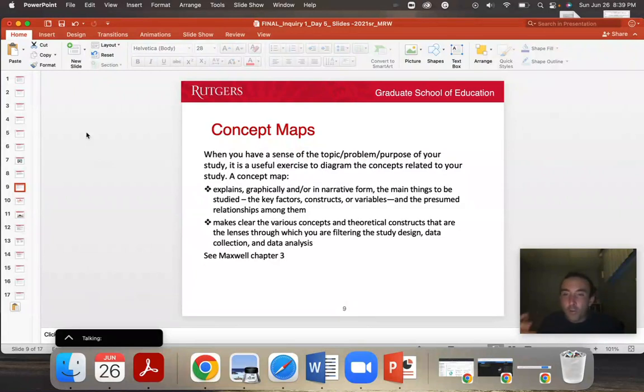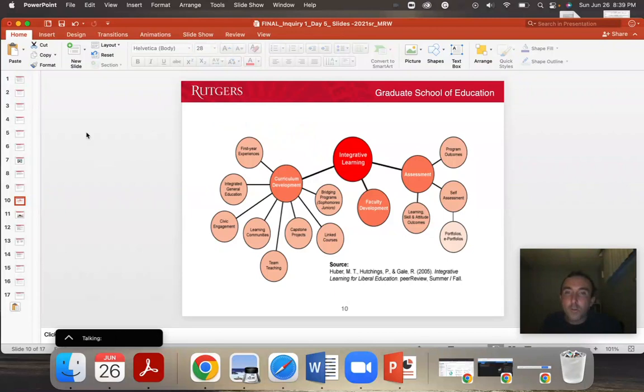When you eventually figure out your problem or purpose of your lit review, it might be helpful to draw a diagram where you kind of list out the various theories or constructs that you're taking a look at, or the commonalities and the relationships among them. Here's a good visual of a concept map